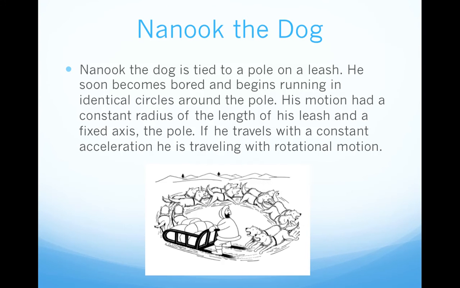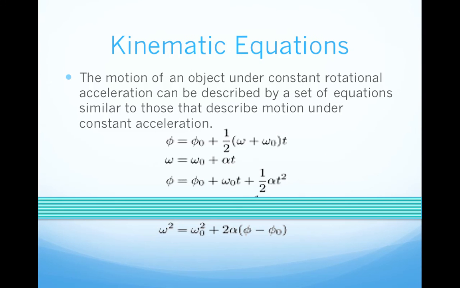So to get a better grasp on this, we have Nanook the dog as an example. Nanook the dog is tied to a pole on a leash. He soon becomes bored and begins running in identical circles around the pole. His motion has a constant radius of the length of his leash and a fixed axis of the pole. If he travels with a constant acceleration, he is traveling with this rotational motion that I am describing here,